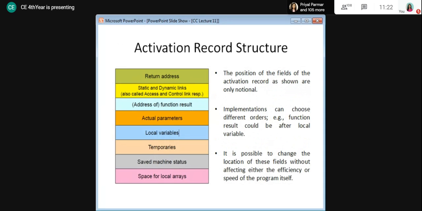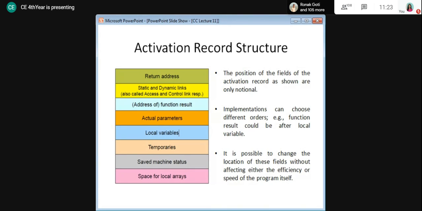So now let us try to understand how our activation record structure looks like. Your activation record contains the return address, static and dynamic links, and how they are useful in our dynamically allocated data area, that we will see. Then it contains the address of the function result, right? Then the actual parameters, local variables, the compiler generated temporaries, then the saved machine status, and then